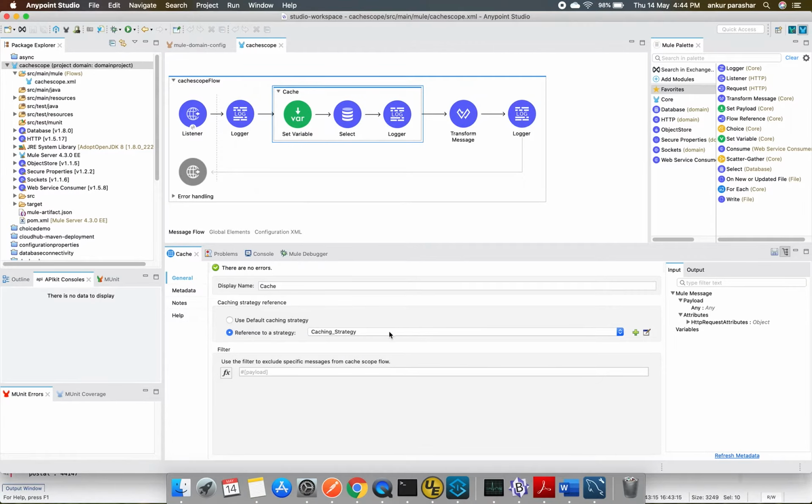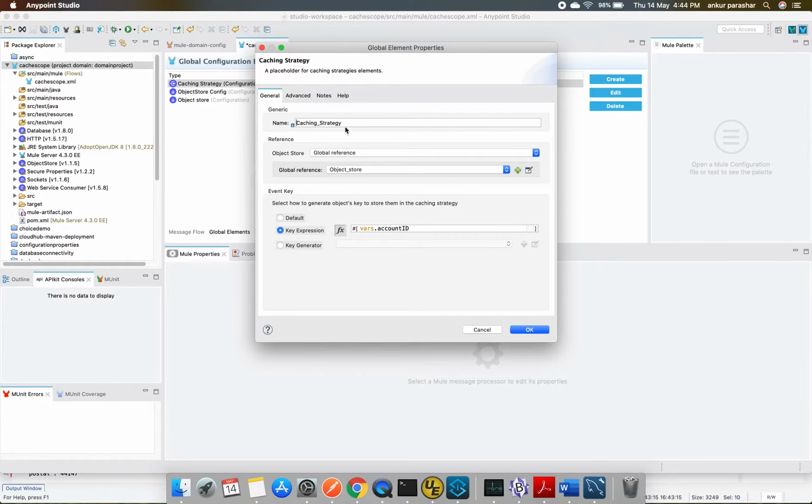Let me explain the one which I have already configured. I will go for edit, and here you can see the caching strategy, and the object store I have referred to as a global reference. The global reference of the object store needs to be configured, so just click on the plus sign and you will come to know about it.